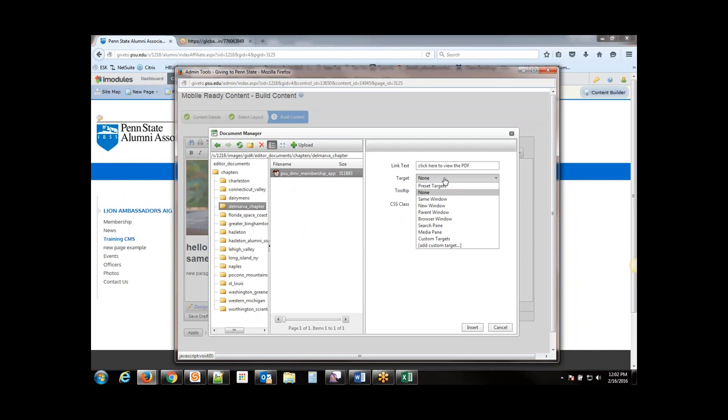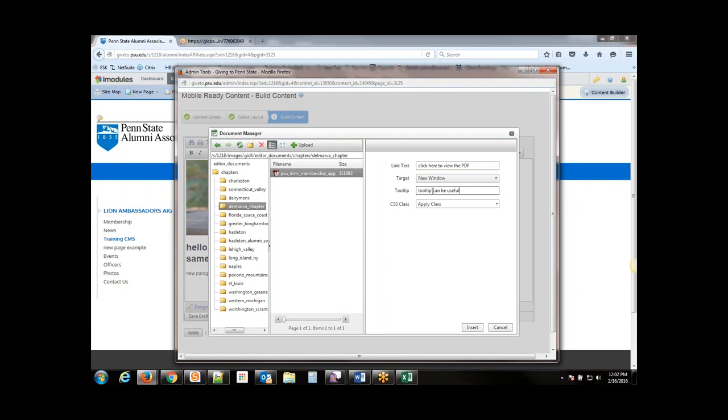Target means your user is going to open that document in the same window or a new window or any of these other options. I recommend new window. Tooltip is a neat feature. It allows the user to hover over that hyperlink and then see any kind of text that you would like to show them. All right, tooltip can be useful